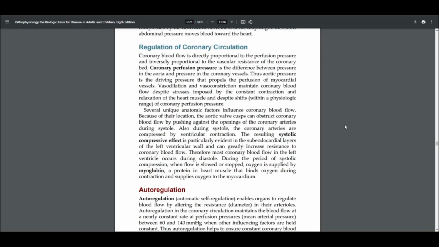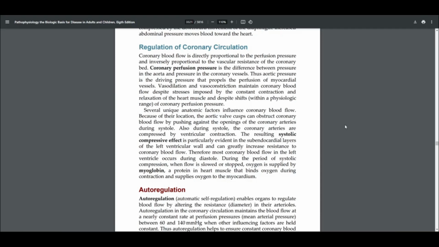Several unique anatomic factors influence coronary blood flow because of their location. The aortic valve cusps can obstruct coronary blood flow by pushing against the opening of the coronary arteries during systole. Also during systole, the coronary arteries are compressed by ventricular contraction. The resulting systolic compressive effect is particularly evident in the subendocardial layers of the left ventricular wall and can greatly increase resistance to the coronary blood flow. Therefore,